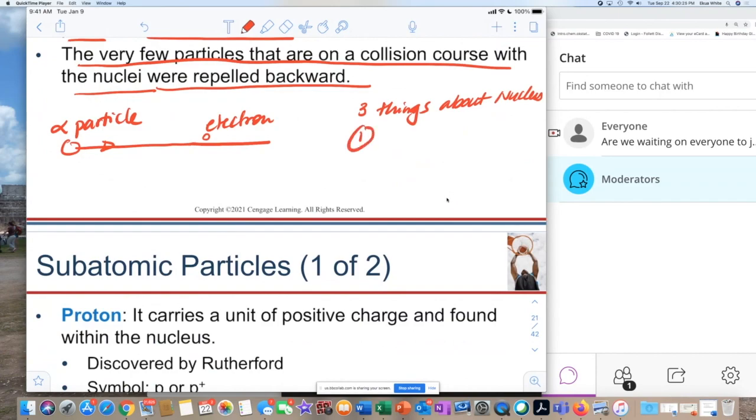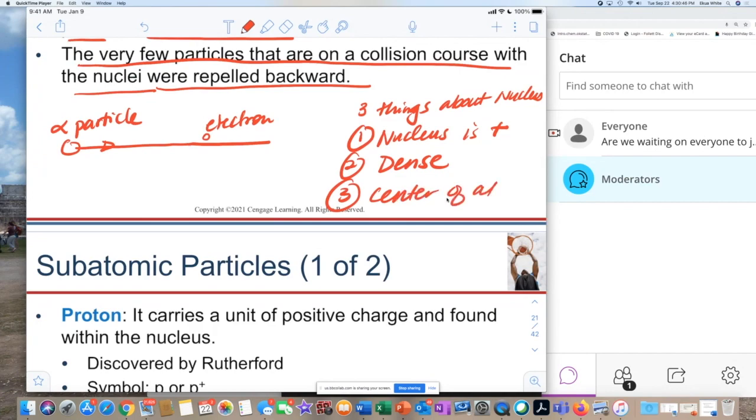Number one, I should say maybe four things. The nucleus is positively charged. Number two, it's dense. Number three, it's in the core or the center. I should say center is a better word. The nucleus is in the center